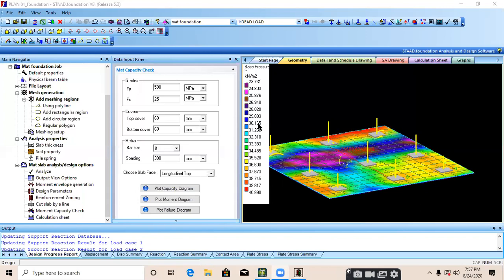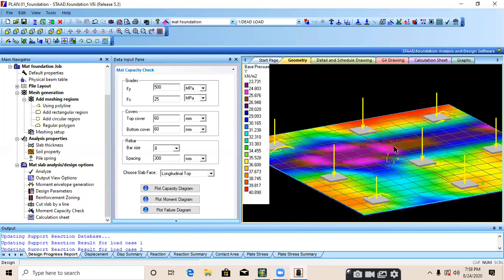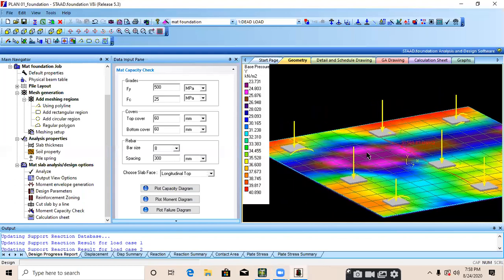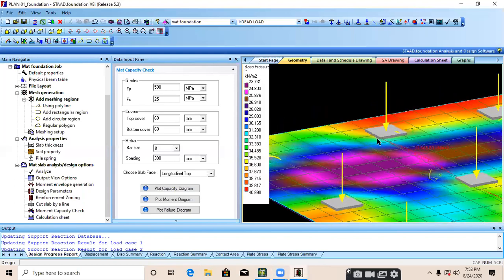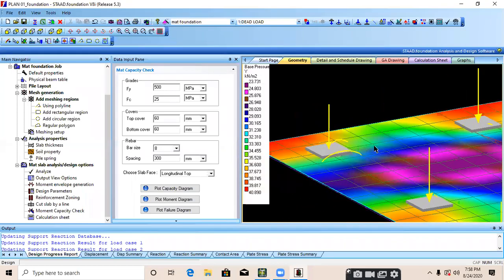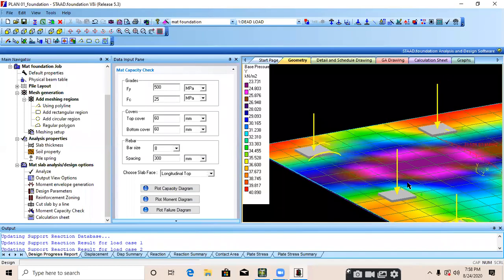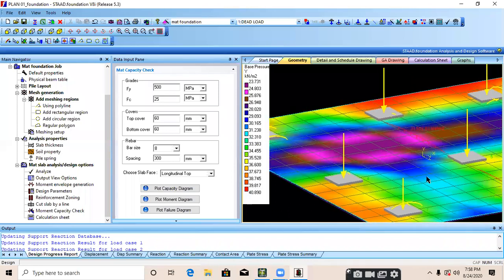Actually, while creating the mesh, it is 0.5. We are creating the point every 0.5 meter mesh, but the mesh intersection point is not exactly on the column point. How will the load distribute to the raft? The load will distribute on a raft. But the intersection point is not the same. Yeah, it is not the same. But it is okay.